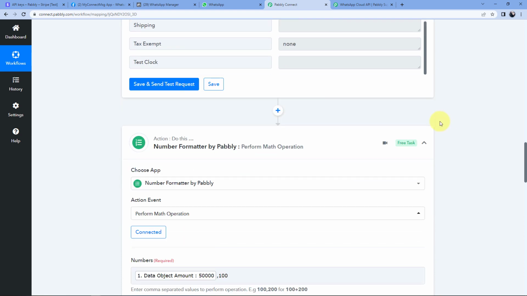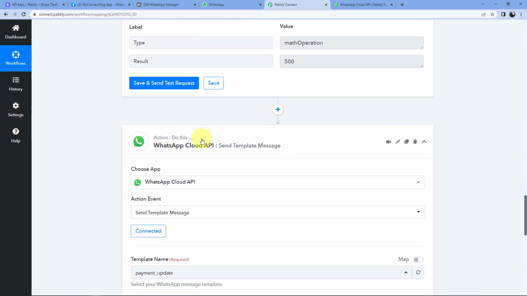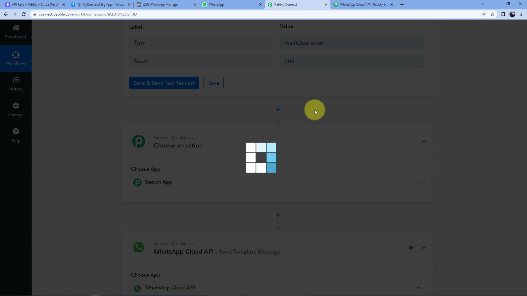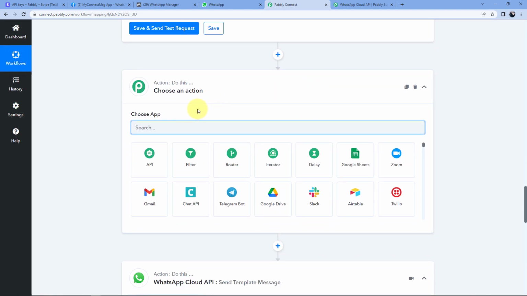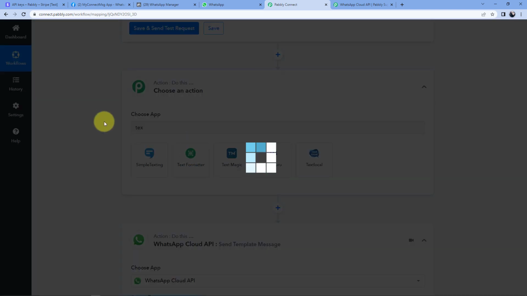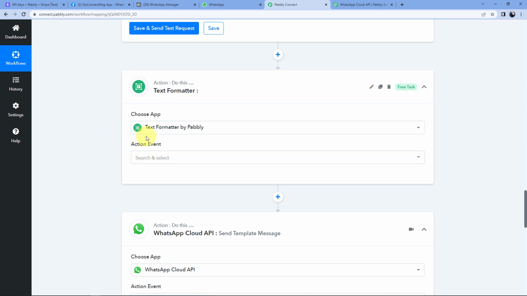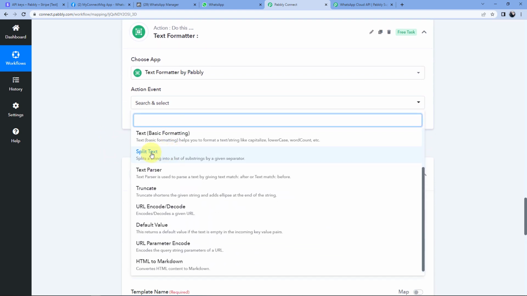For that, we will scroll down, and here above the WhatsApp Cloud API step, just click on this add action step button. And we will be using text formatter to remove that plus sign from the mobile number response. So just search for text formatter. Then after selecting text formatter by Pabbly, in action event, we can see that there's an action event named split text. So just select this